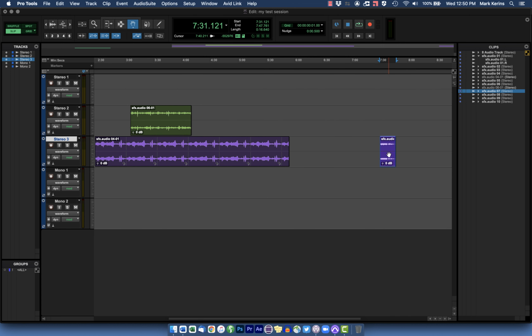Right now in slip mode, I can move things wherever I want. So I can take this and leave a little gap here or a little bigger gap, or I could actually overlap part of this. If I go into shuffle mode, shuffle is going to move things to line up exactly with each other and not leave gaps. So I don't accidentally, if I'm in slip mode, maybe I want these things to be right up against each other, but in fact,